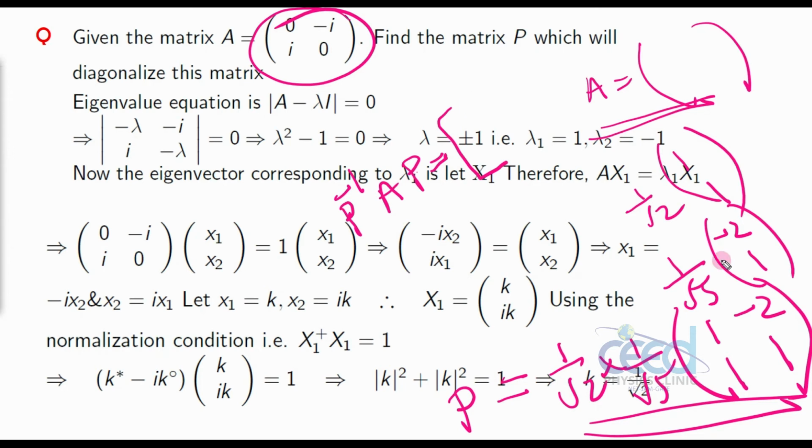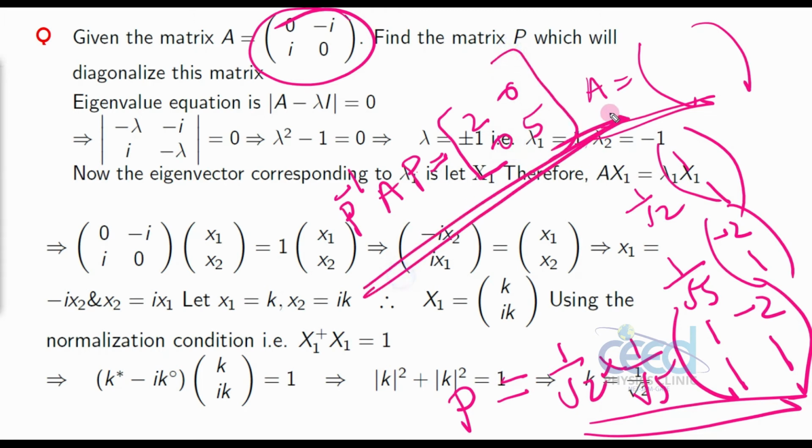What are the eigenvalues of this matrix? 2 and 5, right? So you will get a matrix like this if you find P inverse AP. Once you know the diagonalizing matrix P, you can find any matrix that acts like this, P inverse AP, which produces a matrix which has only the diagonal elements, and those diagonal elements will be equal to its eigenvalues. This has a particular significance in physics, especially in quantum mechanics.